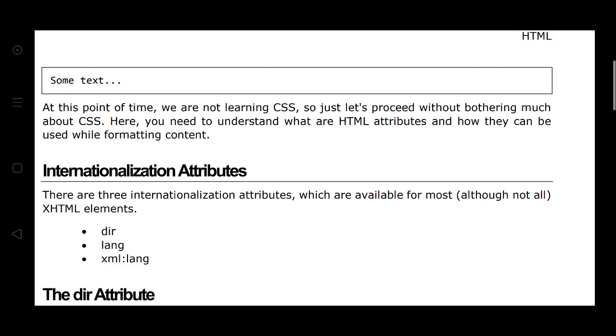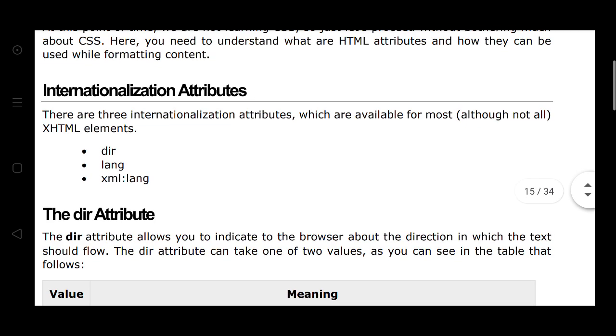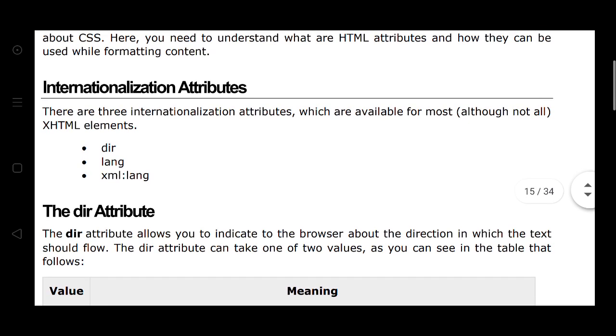What are the internationalization attributes? There are internationalization attributes which are available for most, although not all, HTML elements: dir, lang, xml:lang.